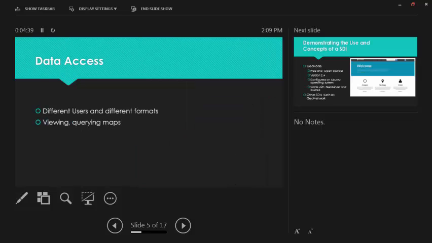So data access is pretty simple. It's exactly what it sounds like. It's the ability to deliver that geospatial data using the SDIs so that many people can access it in one place and use it as needed. And I'll be going through an example in a moment. First,